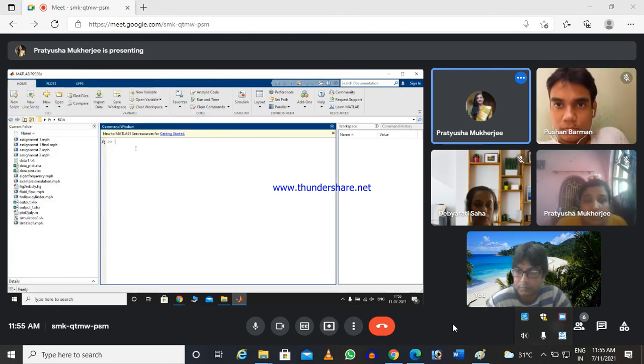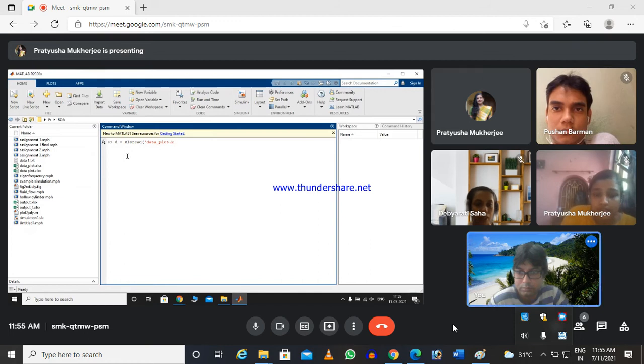Then write the MATLAB code here: D equals xlsread, first bracket, single inverted comma, then the file name, the output file name, data dot xlsx, inverted comma, sample.